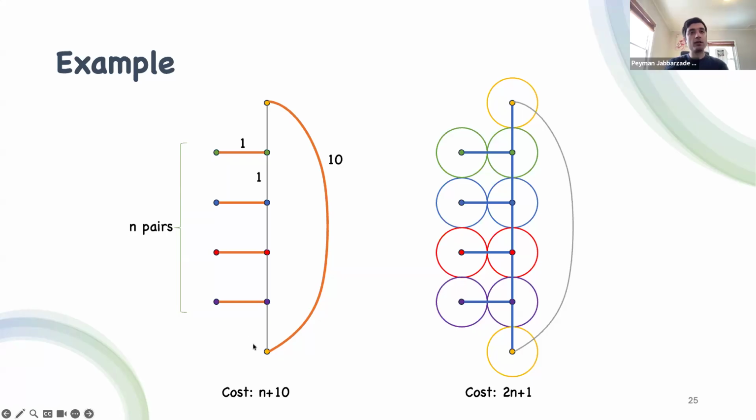The optimal solution will connect this top and bottom pair with an edge with cost 10. But if we run this legacy moat growing algorithm, we can see that every horizontal pair will grow a moat and they color this path with cost n plus 1. So we will select this path instead of the edge with cost 10. And you can see that our solution is almost twice the optimal solution, and the local search and extension won't